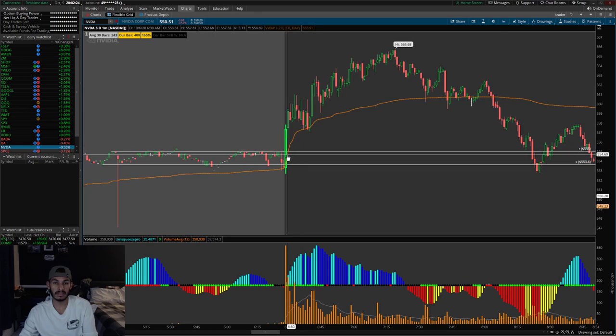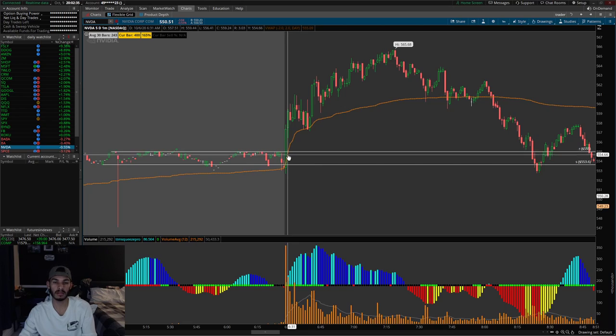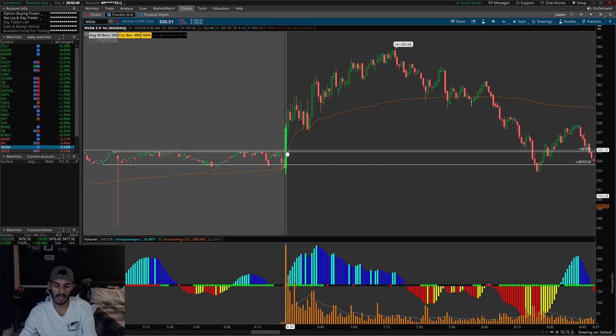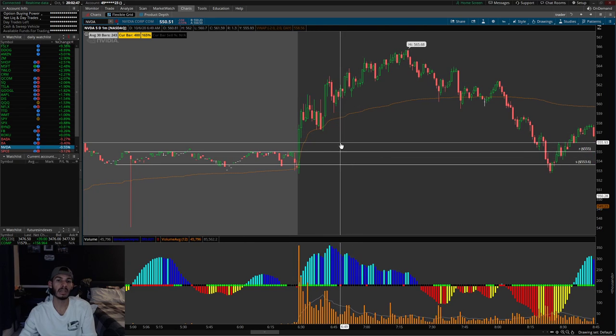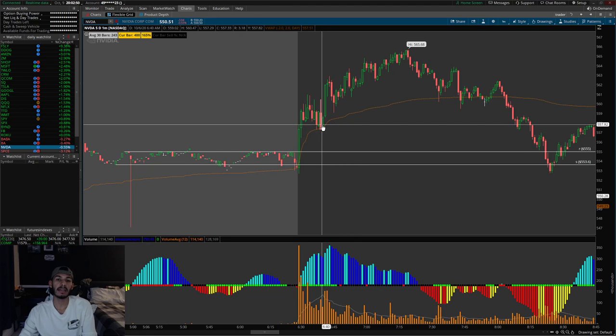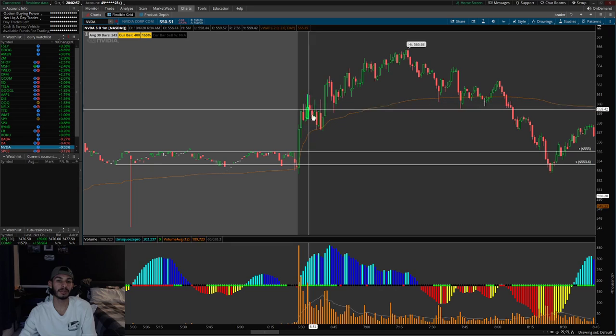Okay, so I entered NVIDIA right at 6:30. I played the 560 calls, and I got an entry price of about $8.15, and this was only with 2 contracts, and I sold at 6:43, which was here. The reason I held a little longer through this was because price had rallied. We had 2 good candles,